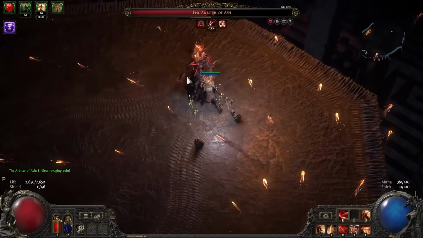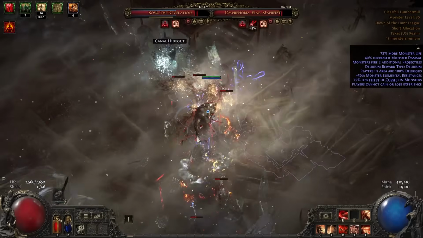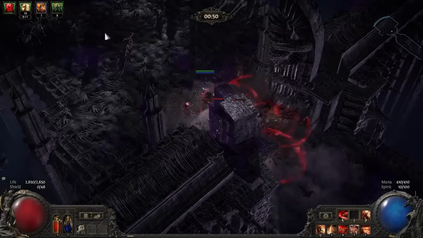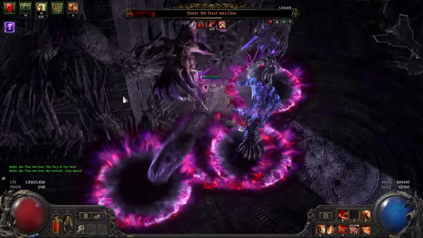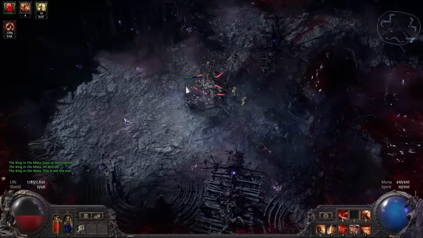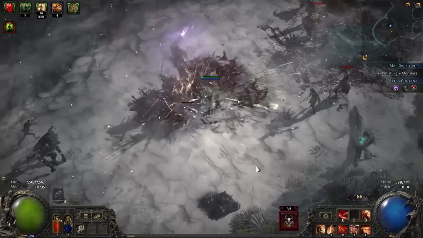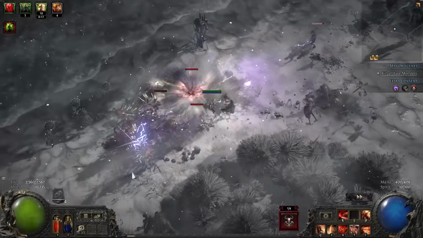I've cleared Arbiter on +0, Delirium on +0, Expedition on +1, Breach on +2, and Ritual on +3. All the footage you are seeing here is Waystone level 15s and 16s with +4 map